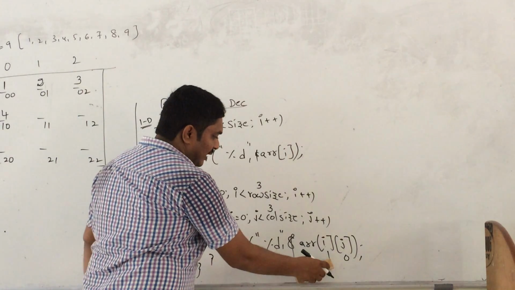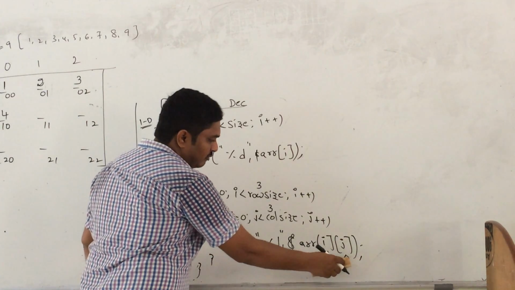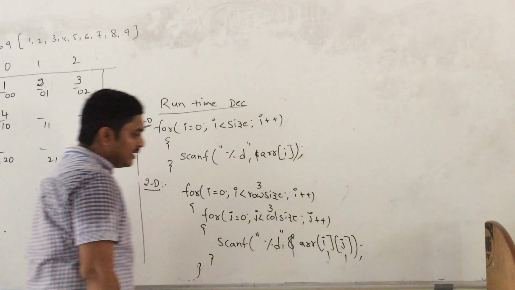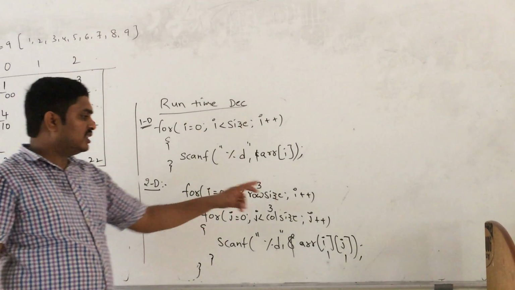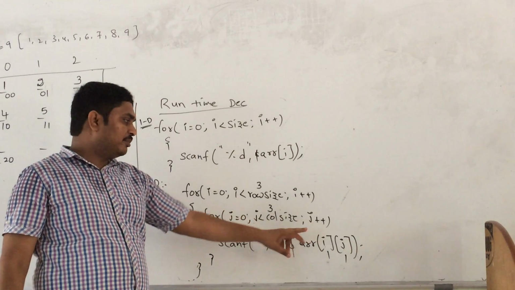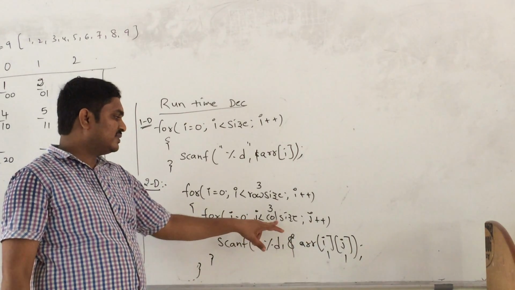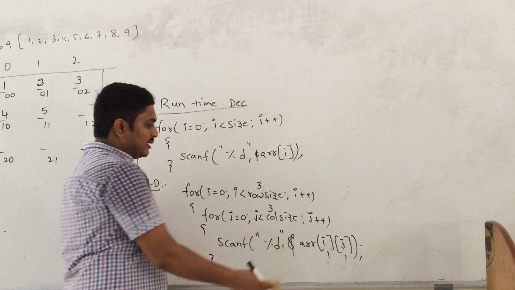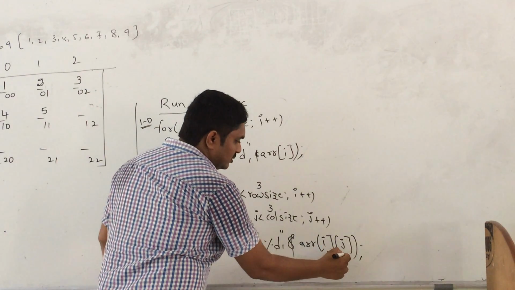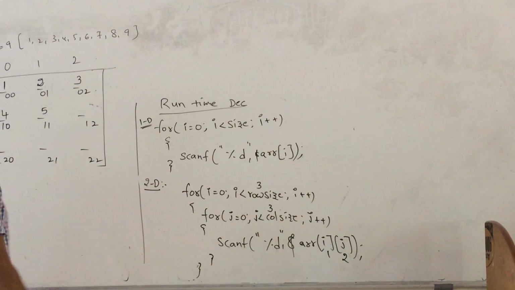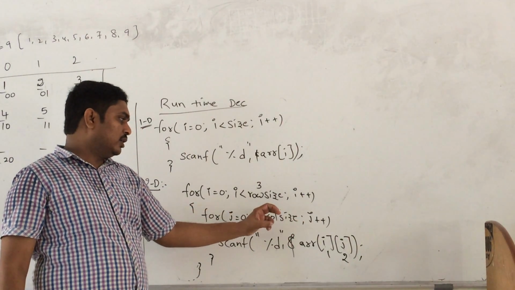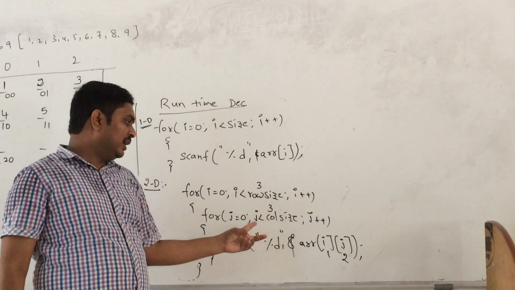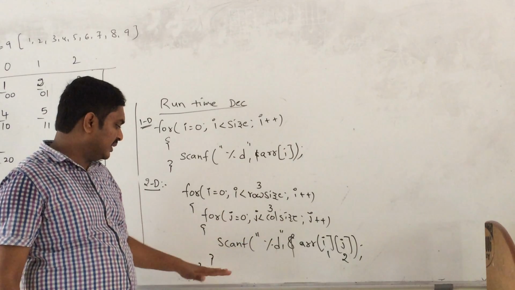Here it stored the i value 1 and j value 1. The element is stored at the 1 1 position. That means after the end of the loop, the j value will be incremented. That means the j value is 2. 2 less than 3. Condition true. So it enters into the loop. So i value 1, j value 2. The element is stored at the 1 2 position. That means after the end of the loop, j value 2 will be incremented and it will be 3, and 3 less than 3. Condition false. It terminates the loop.